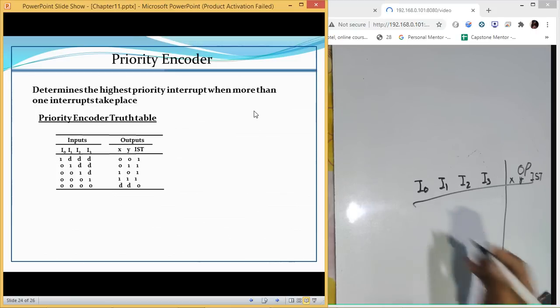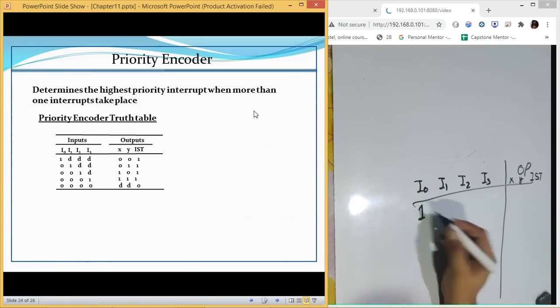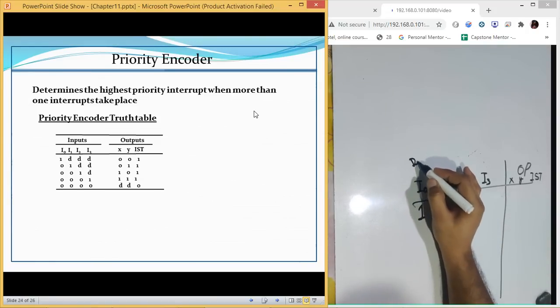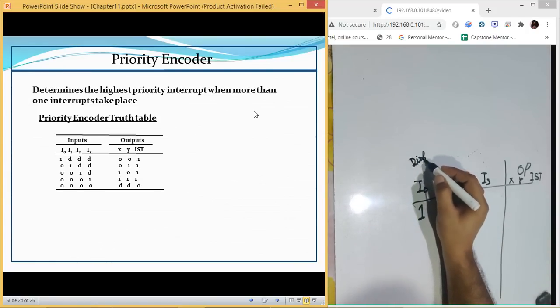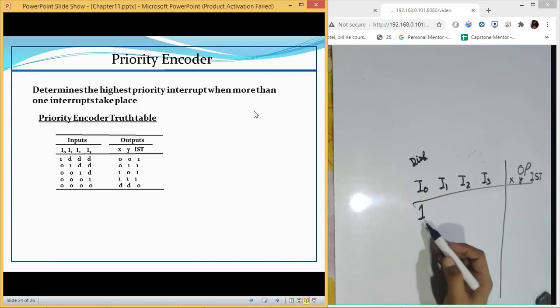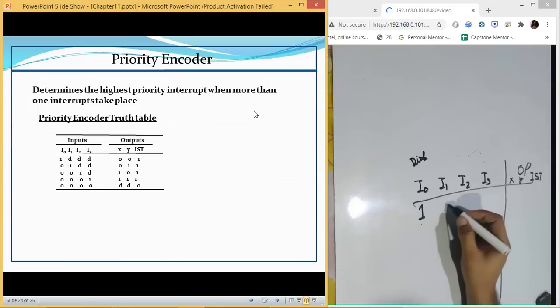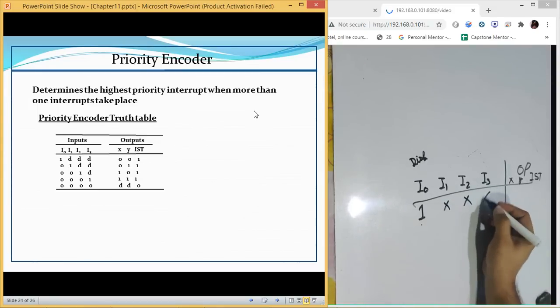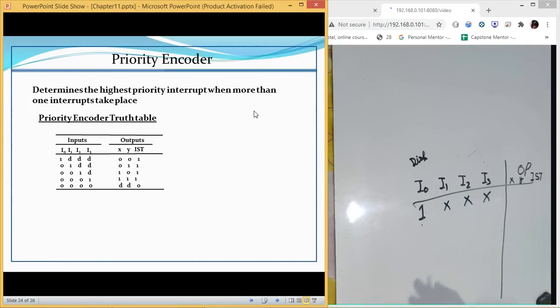Now, what does it mean? The first device, like in this case, it is a disk. So if the first device generates an interrupt, it doesn't matter whether the other devices are generating an interrupt or not. They are not going to get serviced because the mask register is going to contain a value 0 in front of it.